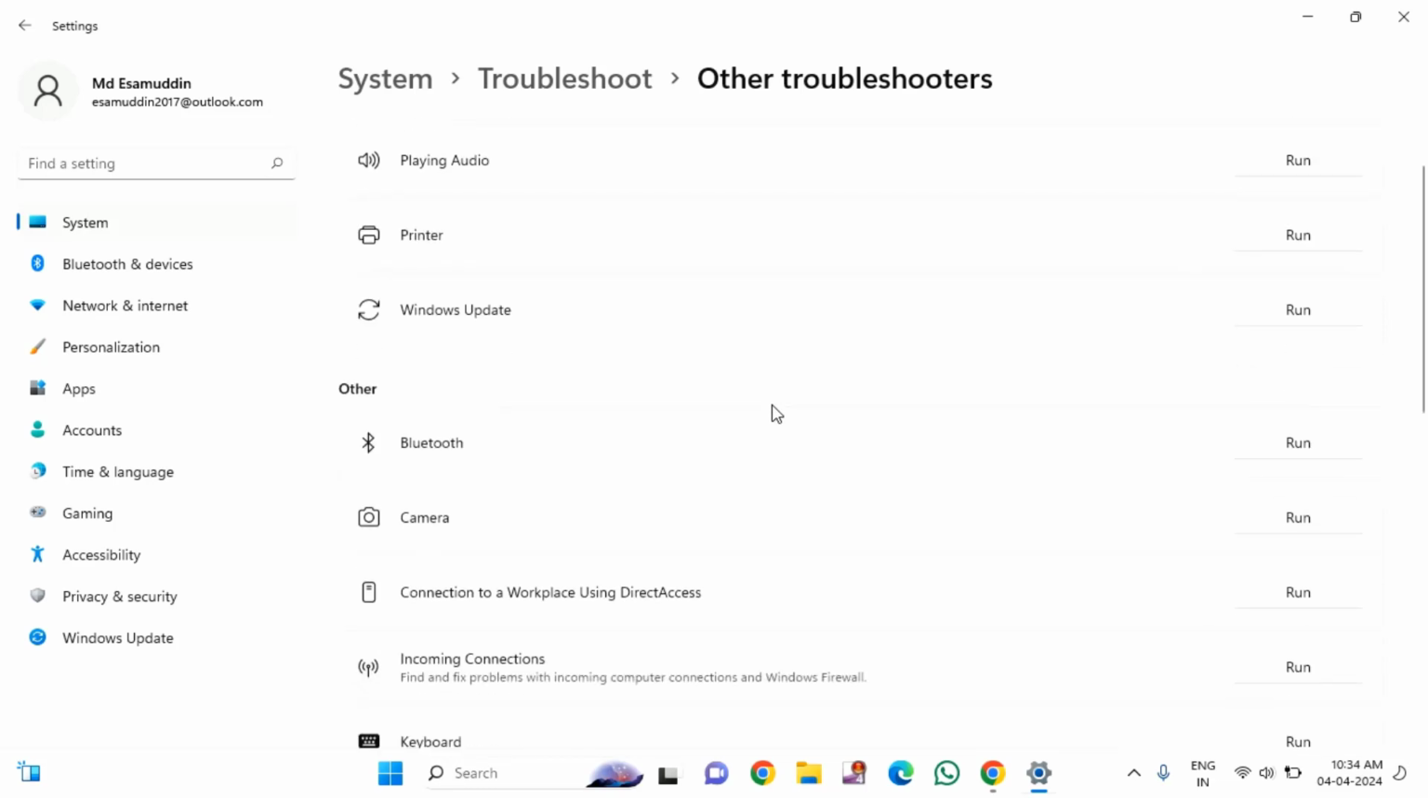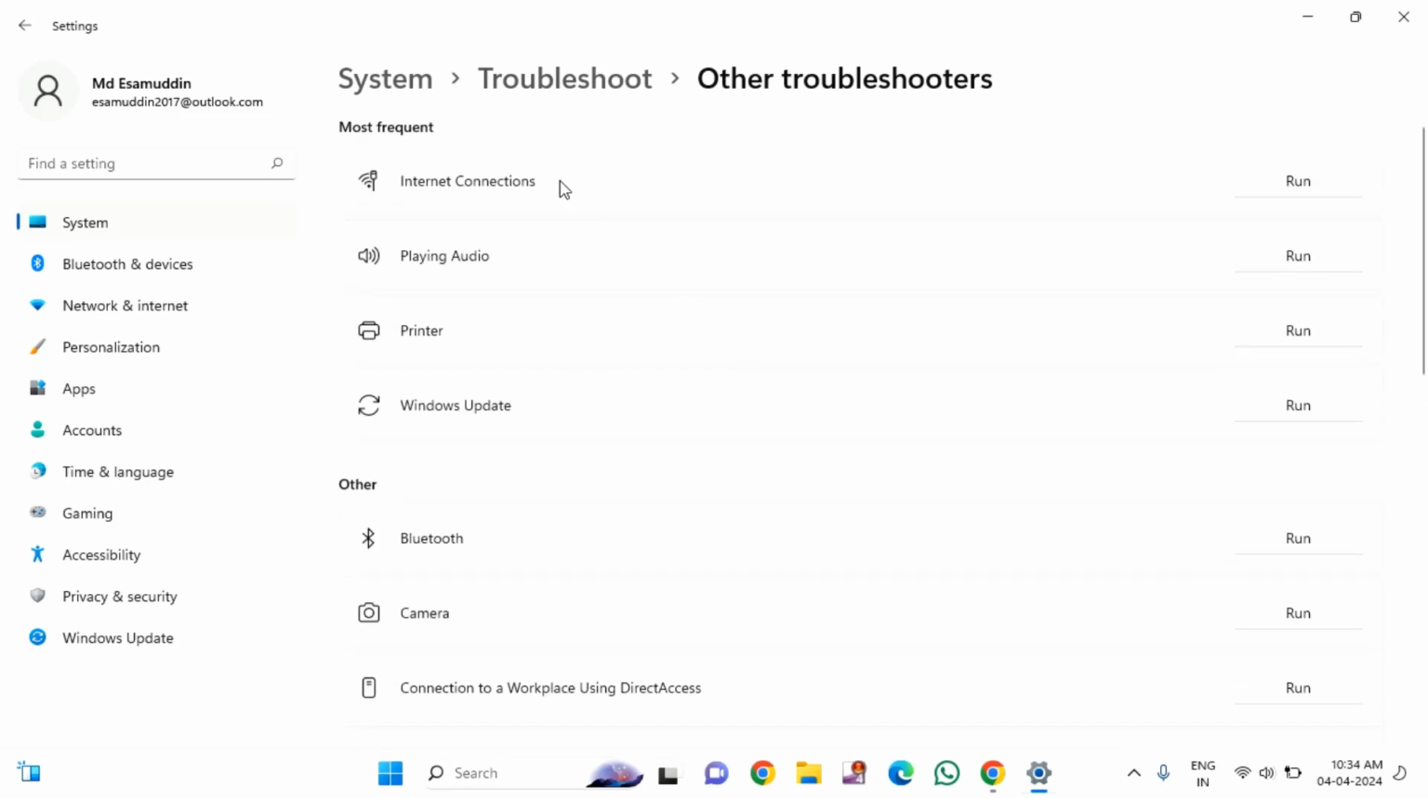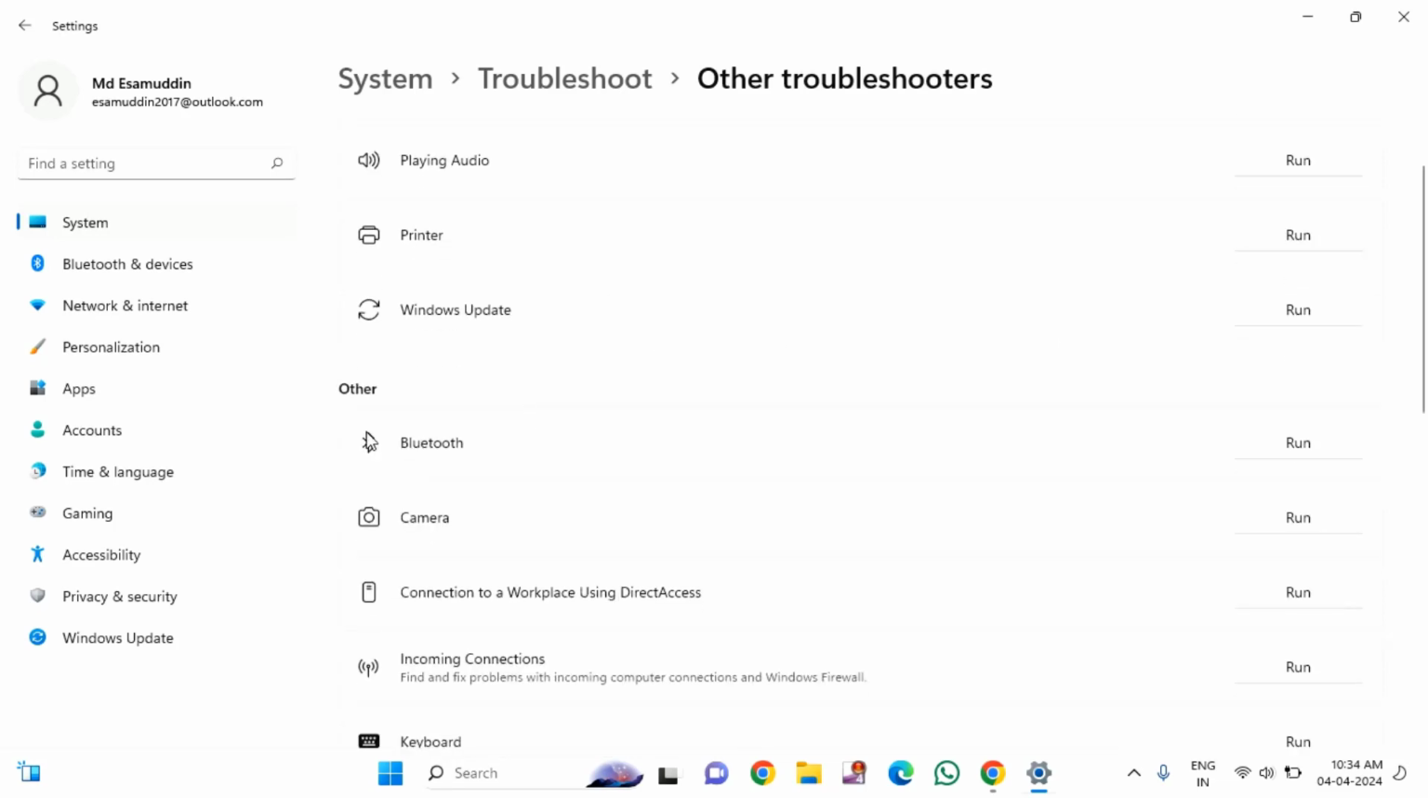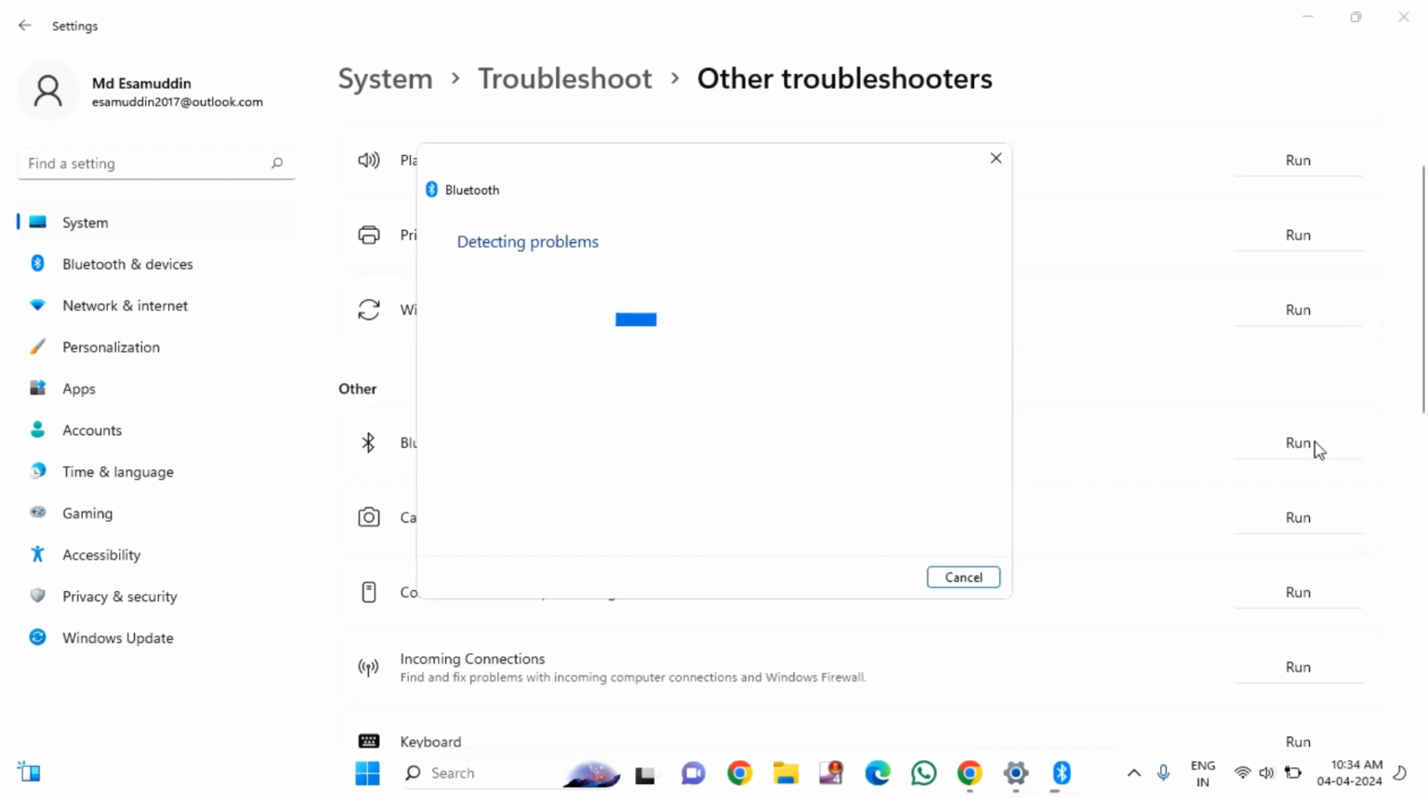Here you can see some of the options. You need to find which is your problem you are facing. Like suppose if you are facing the problem with your printer, just click on run. Or suppose if you are facing the problem with your Bluetooth, just click on run. For example, I will run as Bluetooth troubleshooter. Just click on run,